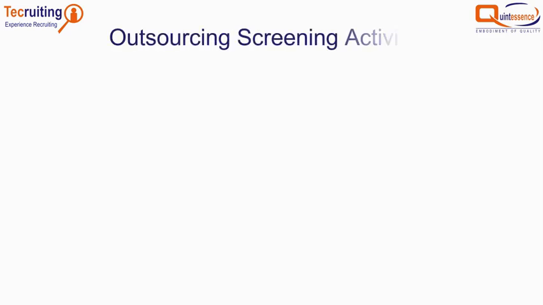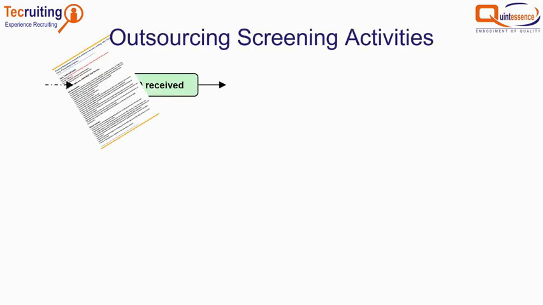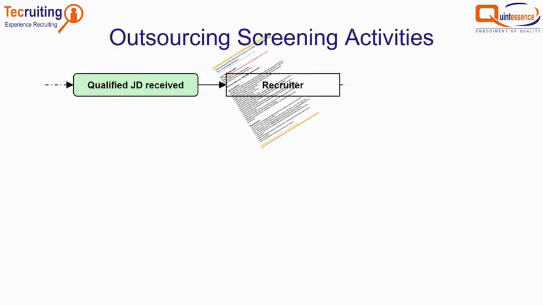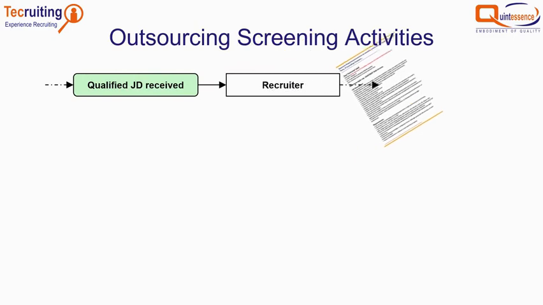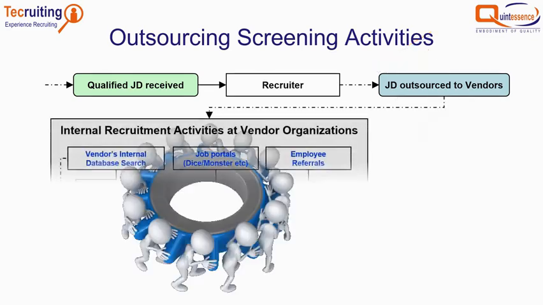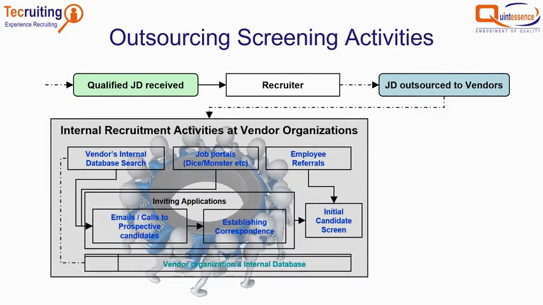Outsourcing screening activities. To fill the positions received through a qualified JD, if the company policy and the client allows, the position is outsourced to the vendors. Only the initial screening activity is outsourced to the vendors, as the outsourcing company would not share their clients' connections with the vendors. The recruiters at the vendors would go through the internal recruitment activity process as explained above